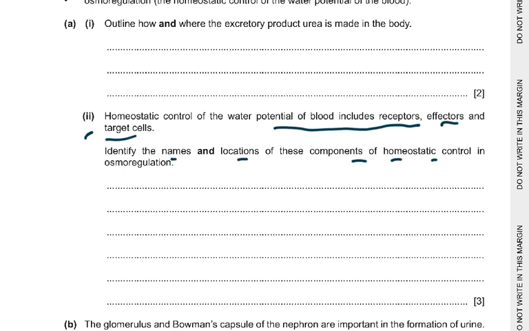Effectors are in the collecting duct, or you could have said the distal convoluted tubule. Even nephron was acceptable by Cambridge. And target cells are the collecting ducts. So osmoreceptors in the hypothalamus, effectors are the collecting duct, and the target cells are the collecting duct cells where